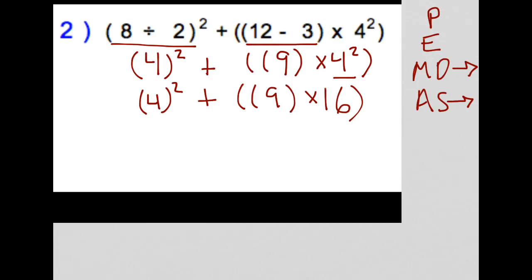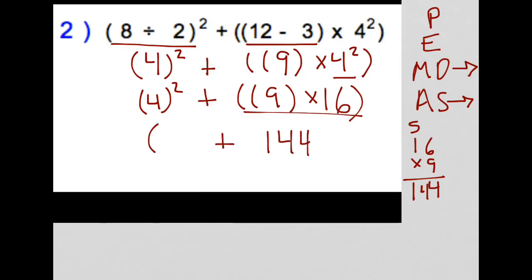The 4 squared, once again, there's nothing inside parentheses to do, but then 9 times 16 on the right, I can multiply those two because those are both in parentheses. 9 times 6 is 54. 9 times 1 is 9, plus 5 is 14. So I've got 144